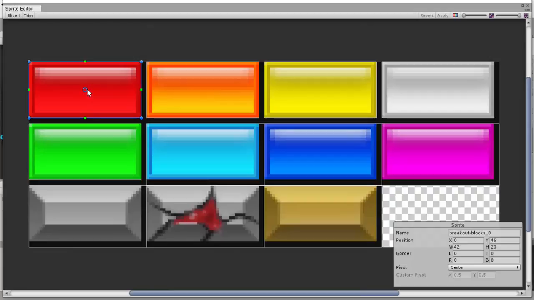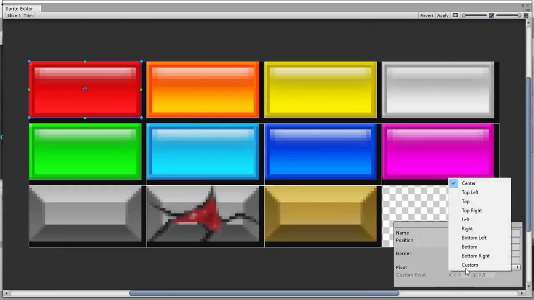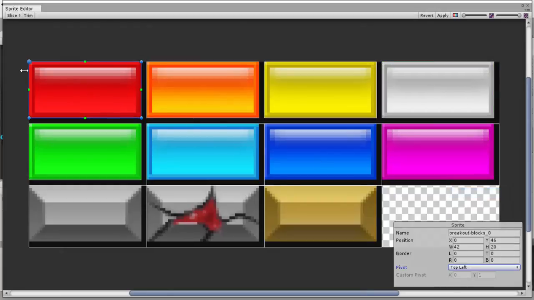So everything we do, let's say we tell this to go to position 1, 1, 1, it'll put this pivot at 1, 1, 1. So we haven't done that one. Right, so we've done these 5. So what we're going to do is click on each one, click on pivot and click top left. That puts it in this top corner. That's where we work from our